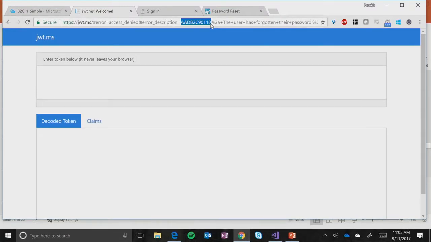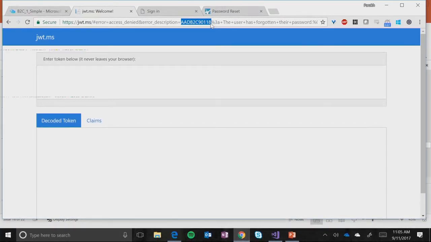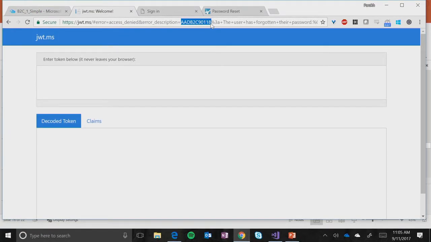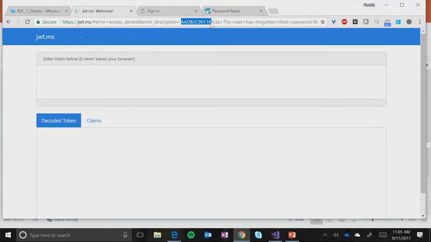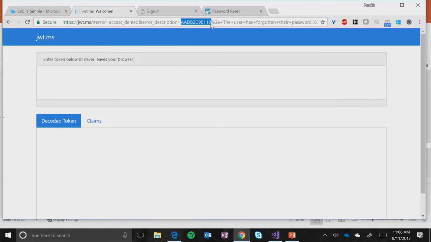But it's giving you an error code back. It's not taking you to a page that allows you to do a password reset. And the reason we're doing this is because we want to give you the flexibility to figure out how you want to do a password reset. Password reset could be a sensitive process, so you might want to say, hey, I want you to call a call center instead, or I want to do a bunch of security questions that I'm going to ask you just to verify that you are who you are.